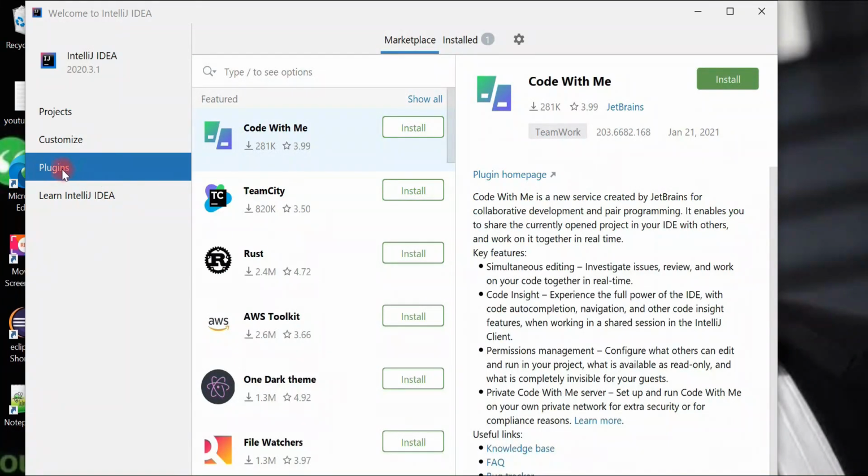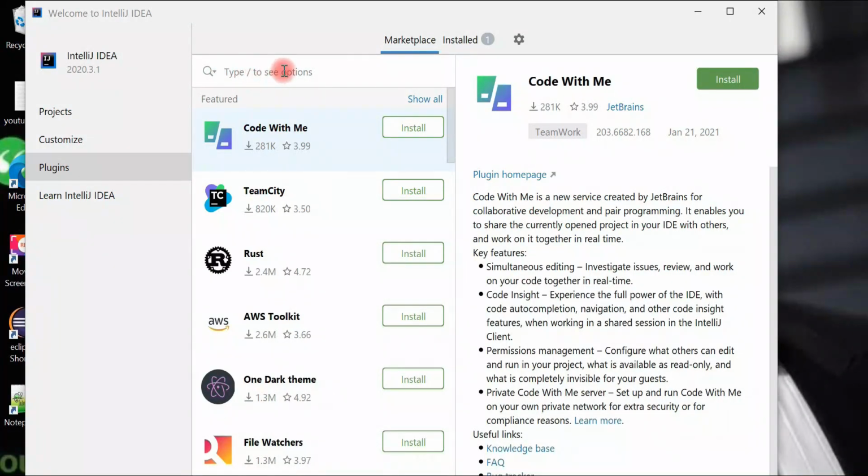And here in the plugins we are going to install Spring Assistant. With the help of the Spring Assistant plugin we can create a Spring Boot project using Spring Initializr. Let me show you how to do it.